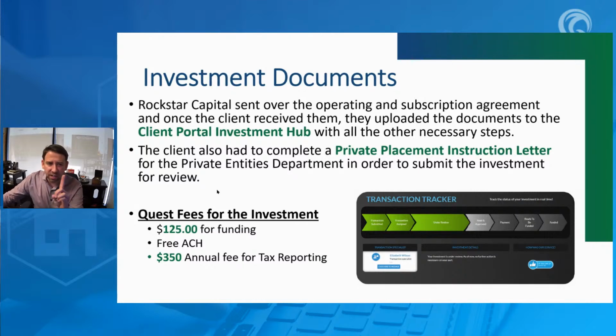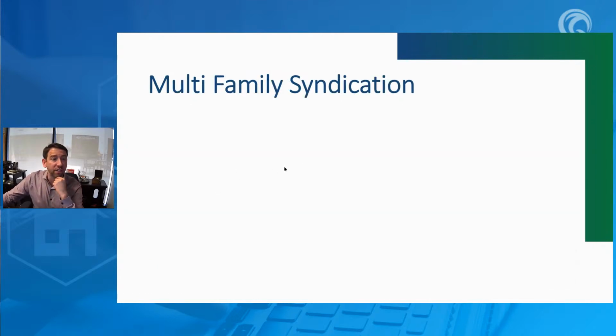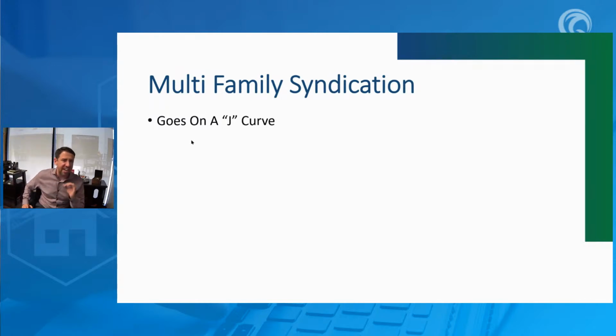But remember at the very beginning of this case study, I said there was a Roth conversion. So let's think of this multifamily syndication, all right? And what does this look like in an average syndication? Most syndications go on what we call a J curve, and this is a mathematical term. So I am a math nerd. So those of you who know what a J curve is, you'll understand this pretty quickly. It's really what if you plot x squared, all right?